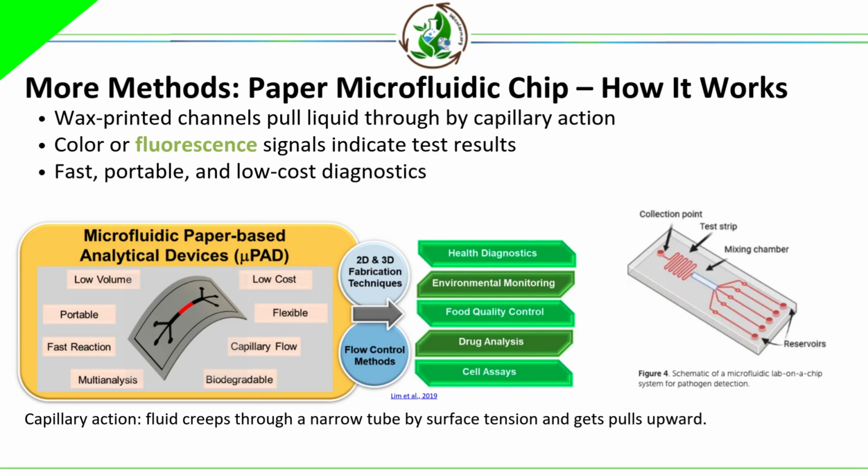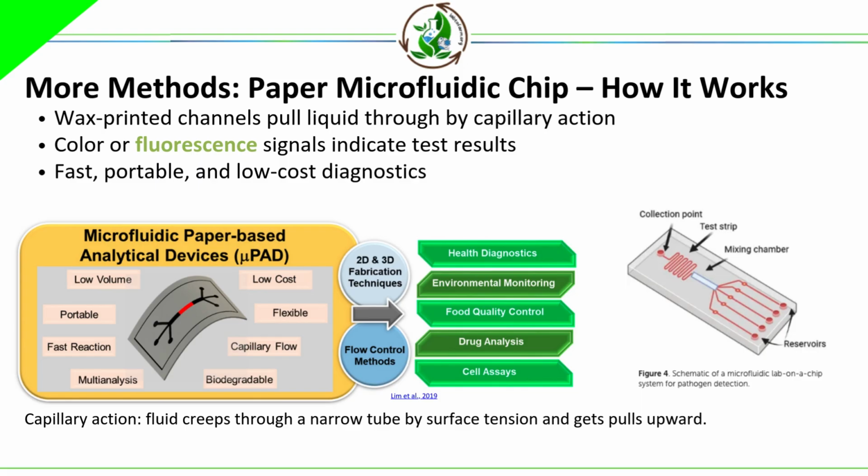Here's how it works. Wax printed channels are laid on a small piece of paper. When you add a liquid sample, like plant sap or extracted leaf juice, it flows through those channels by capillary action. That means the chip doesn't need electricity, pumps, or any bulky equipment. Inside the paper, reactive chemicals are waiting. If a specific pathogen is present, they trigger a clear signal, such as a color change or fluorescence, that can